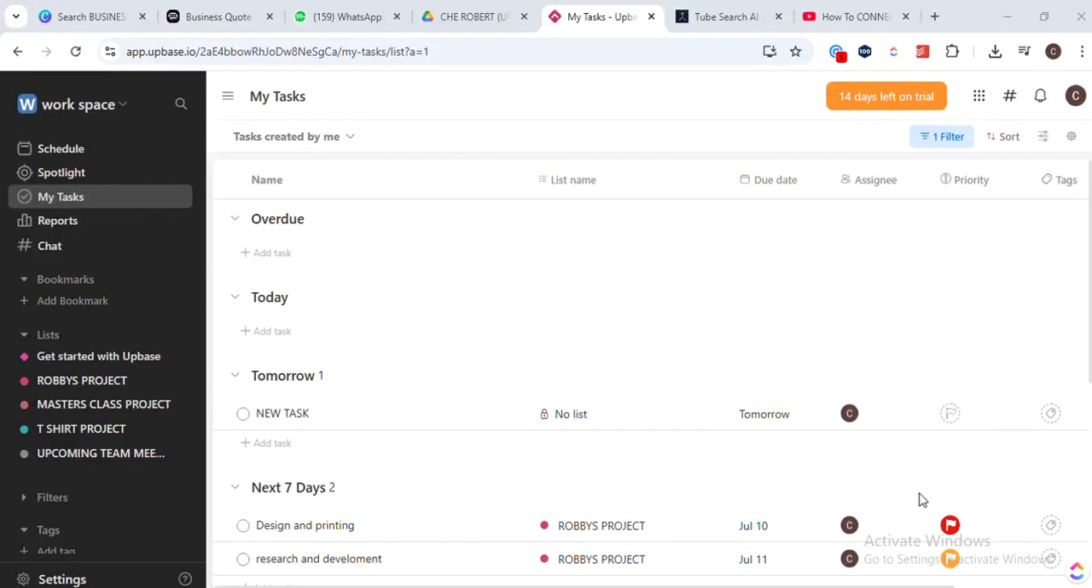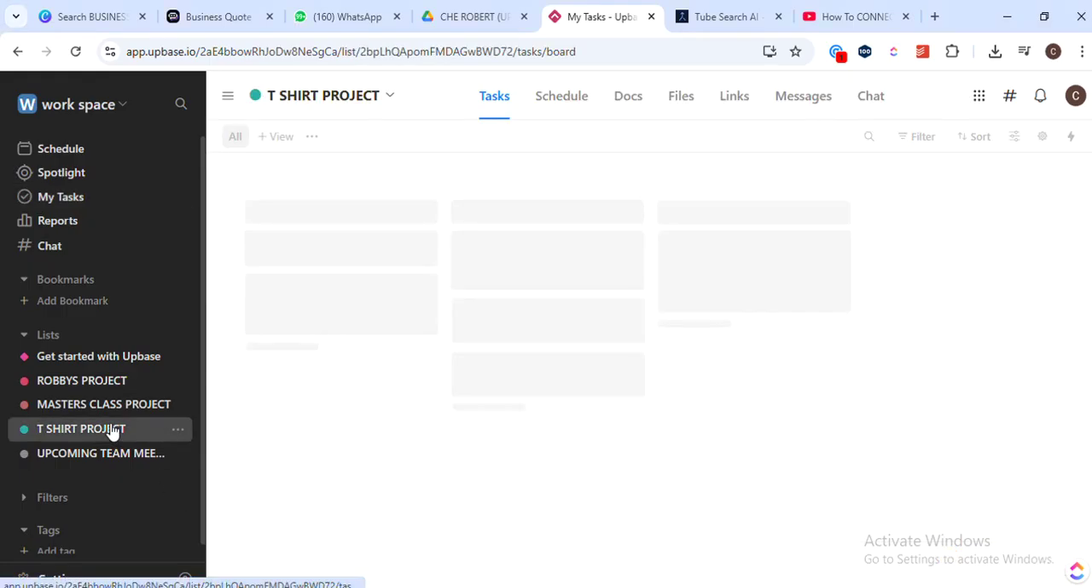Today we are diving right into how to set reminders in UPBASE, the full 2025 guide. Step 1 is to open your UPBASE app and navigate to the task you want to set a reminder for. This is the critical first step, as UPBASE allows you to set reminders for specific tasks, helping you stay on